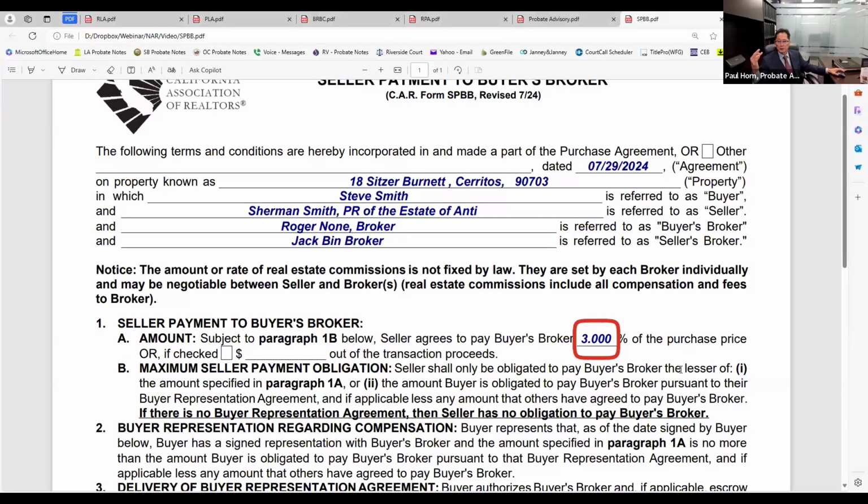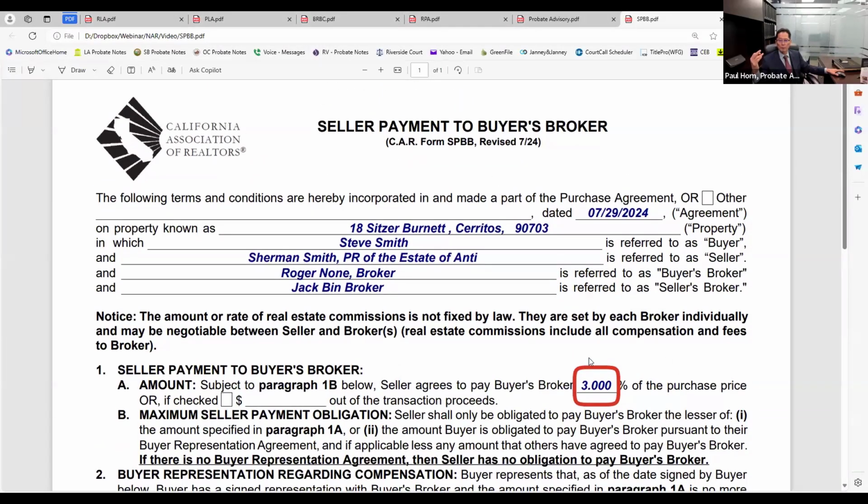So this form basically says, hey, you see why I put 3% in red right there? For example, negotiated upon, it's your fair share. It's what you deserve. It's what's been negotiated with the buyer. 3% to pay to you, buyer's agent.